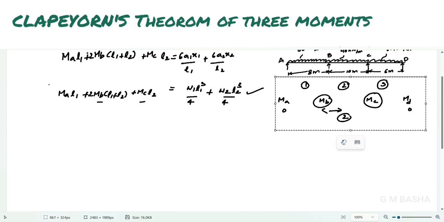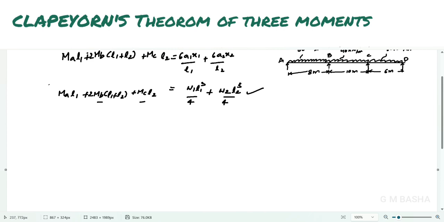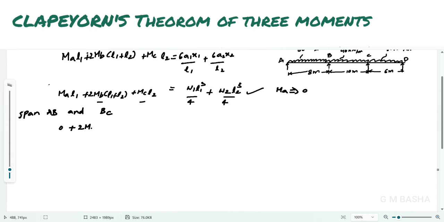So this is the equation. First you have to apply Clapeyron's theorem of three moments for spans AB and BC. Because of the end condition, your MA will be equal to 0. So I am taking 0 into L1, which will be 0, plus 2 into MB. What about the span AB? L1 will be 8 meters. Similarly, span L2 will be 10 meters, plus MC into span BC, L2, which is 10 meters, equal to